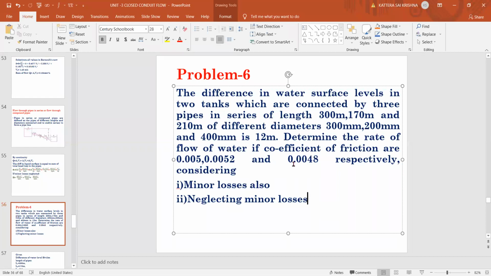So for solving these problems, we need to know all the minor loss formulas: at inlet, expansion, sudden contraction, exit of the pipe. Mostly these 4 are very important. Bends, pipe fittings and obstruction are rarely used. These 4 are very important: inlet, outlet, expansion and contraction.